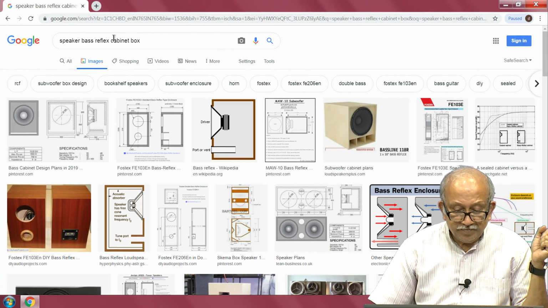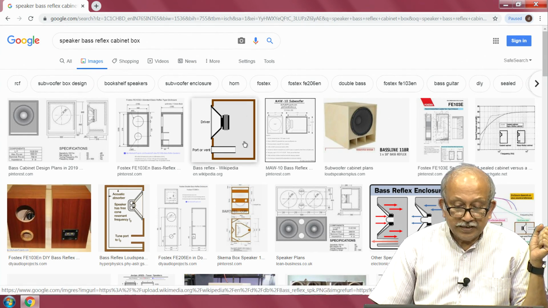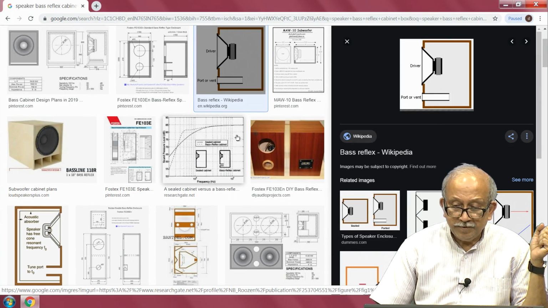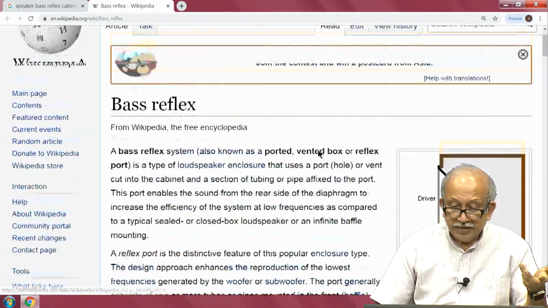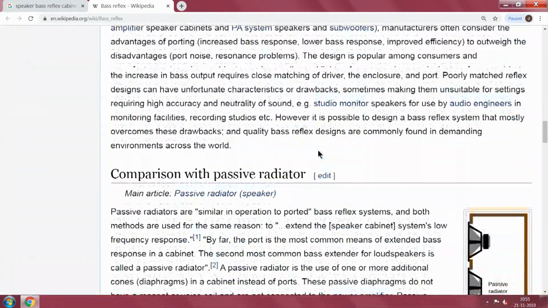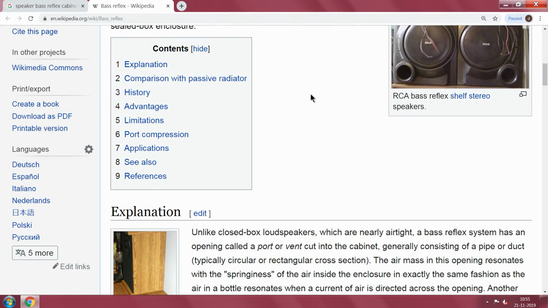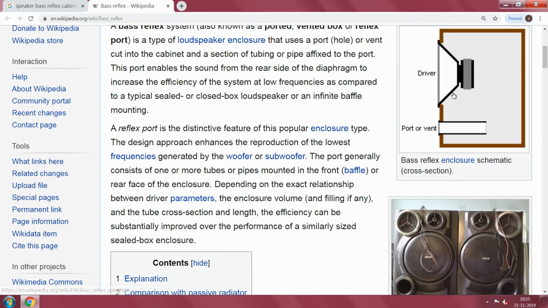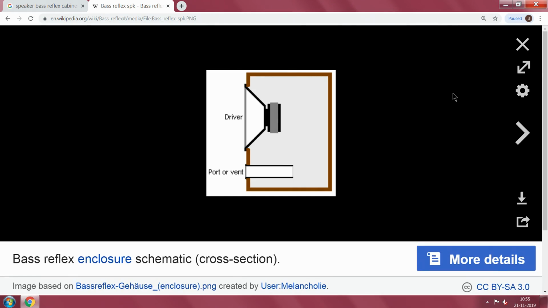At least this time I got it a little easier. You see here typically this is what I thought now, I will try to show you in the first instance, and you will notice that this is with the port or vent which is there.